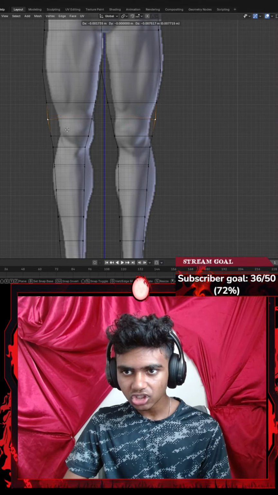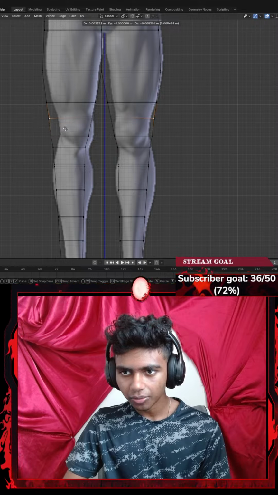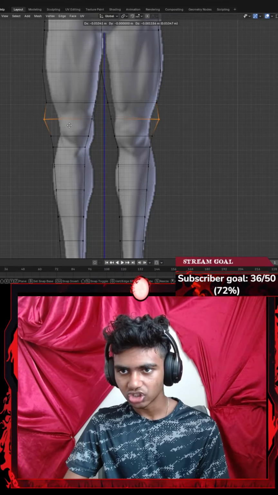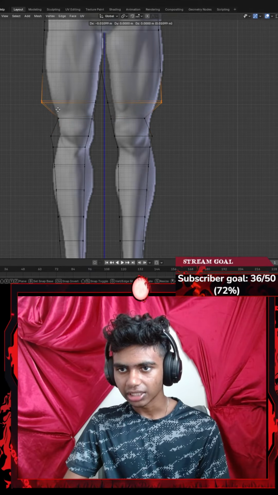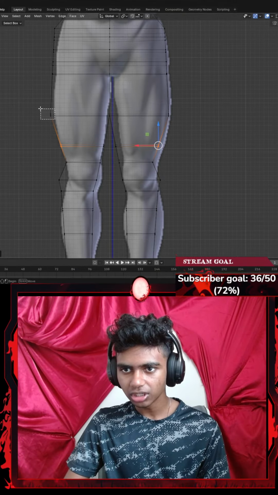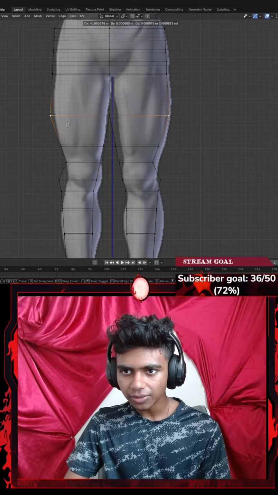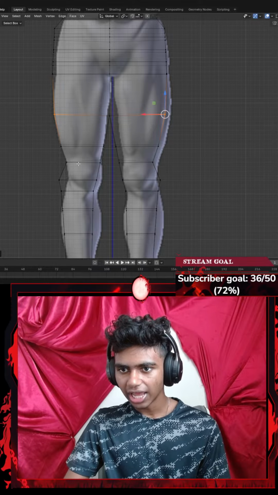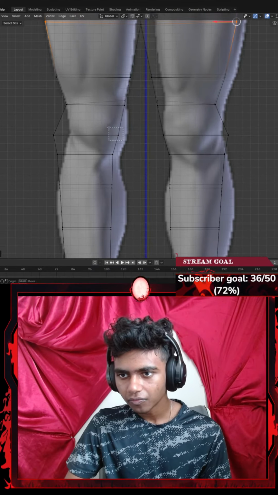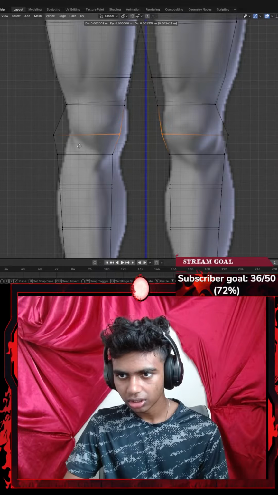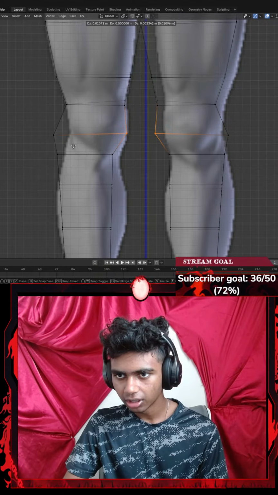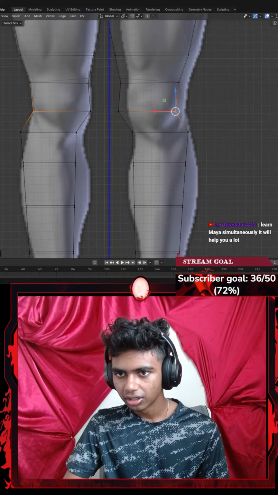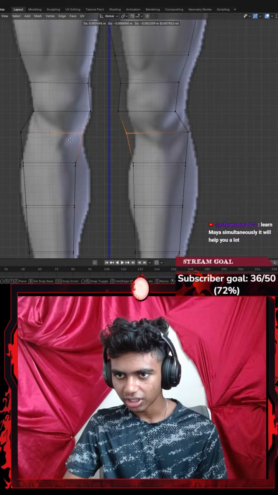Let's go with something like G. Get this a little lower. There we go. Okay, now I'm gonna go ahead and select this. Let's go with G to get myself a bit here. Let's select that. Go with G to get this a bit here. Select that. Okay, maybe I go with G to adjust this real quick. And then I'm gonna select this, get that a bit there, and just kind of trace this part up. Okay, let's click G to get that part a bit there. Okay, and then click G to get that part a little there. Okay, and then let's go ahead and click G to get that there.